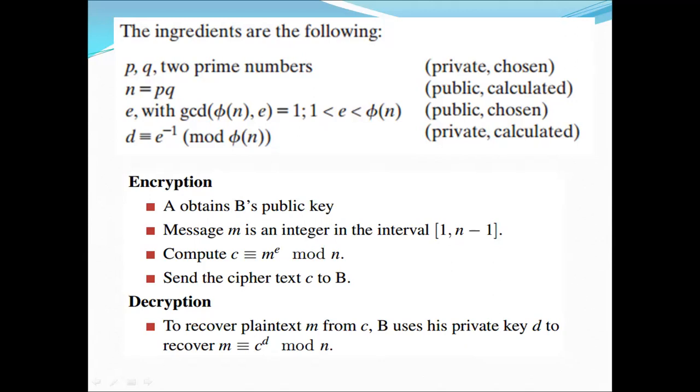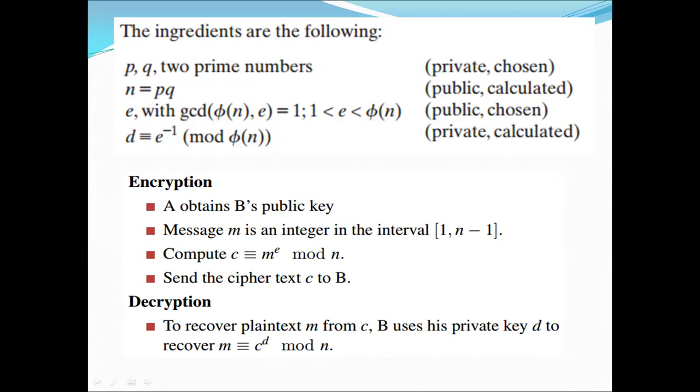It is public and chosen. And then D congruent to E inverse mod phi of n, which is private and is calculated. For encryption, A obtains B's public key, and the message M is an integer in the interval 1 to n minus 1. Then compute C congruent to M power E mod n, and send the ciphertext C to the intended recipient